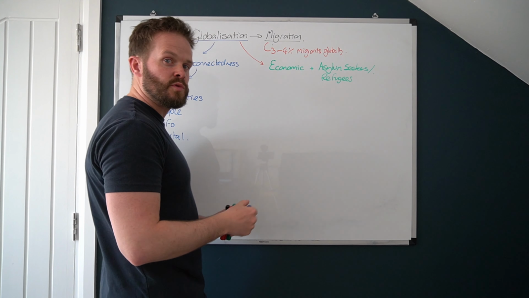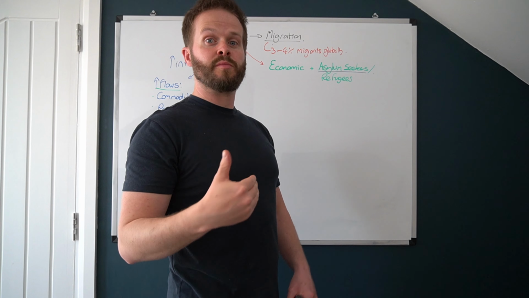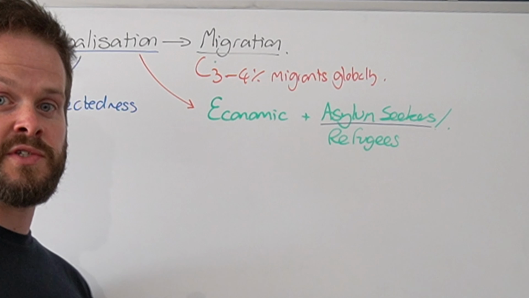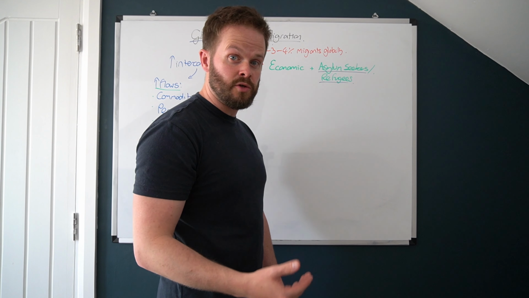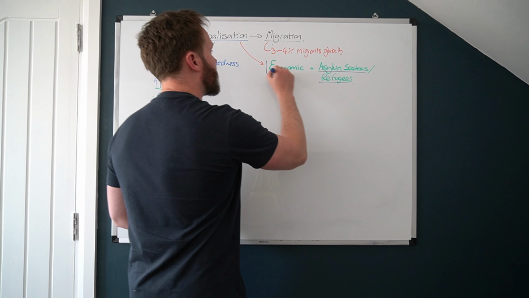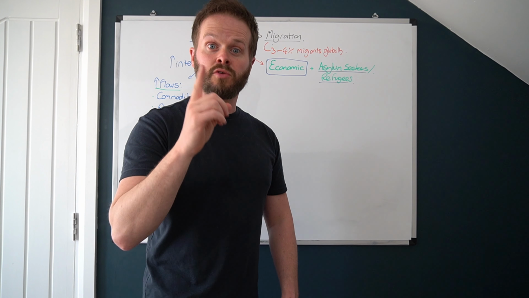Now remember, the key difference between these 2: asylum seekers are in the process of seeking asylum. They are in the process of trying to find a place where someone is going to legally grant them refugee status. A refugee is someone who has legally been granted the right to reside in a country, to flee persecution, to flee death. The easiest ones to focus on are economic migrants. So let's now try and link globalization to the increase in economic migrants.